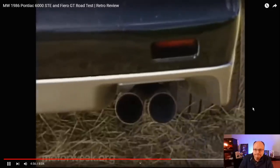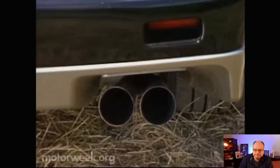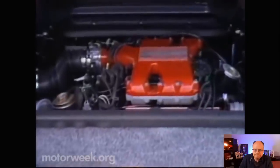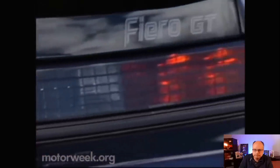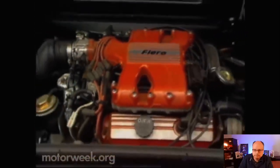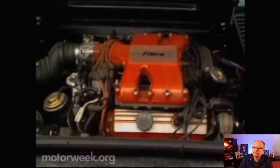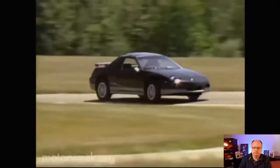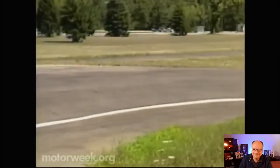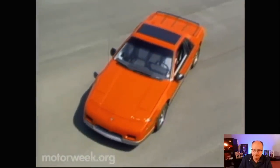Well, not if the 4-outlet twin exhaust pipes mean what they should. A V6 option is now available on all Fieros. It'll cost you $522 on most models, and it's standard equipment on the $14,542 Fiero GT. It's a multi-port fuel-injected 2.8-liter unit like the 6000 STE's, but thanks to the Fiero's lower exhaust system restriction, it generates 140 horsepower and 170 pounds of torque. The standard transmission for the V6 is the 4-speed manual we last saw in Chevy's Citation X11. But it was the added cost 3-speed automatic that came in our Fiero GT test car, and it arrived just